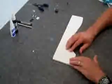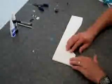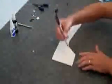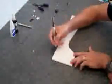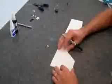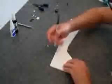So the first thing you want to do is take your control surface and line it up on the airplane so that it's in proper alignment. And we're going to take our Sharpie marker and mark the top of it. And here is the slot for the control horn. That slot is where this wooden control horn is going to be glued into place. I don't know if you can see that on the video, but when we go to line this up, we're going to put a